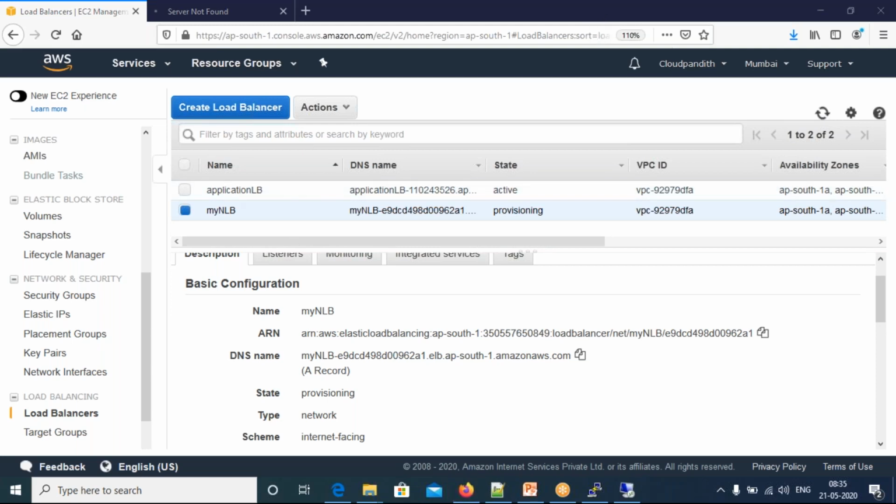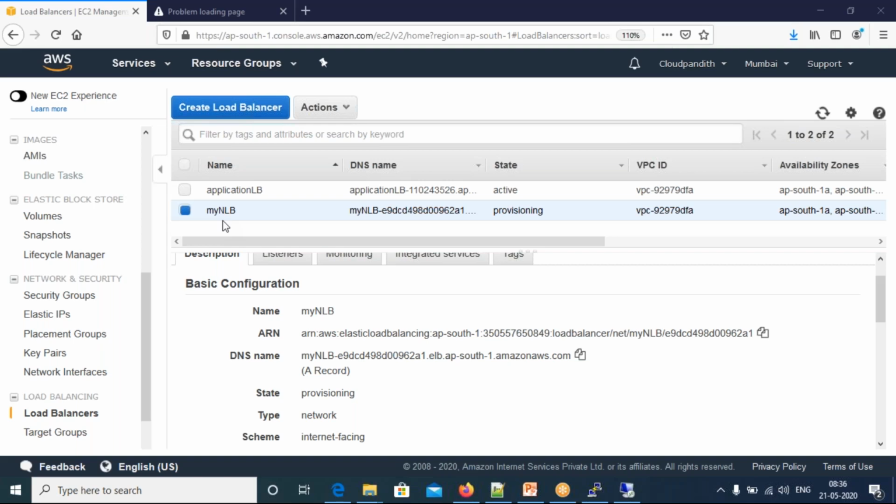You need to understand the difference between application load balancer and network load balancer. We already discussed network load balancer. Our traffic will be redirected based on the port number or IP address. But with application load balancer, our request will be forwarded based on the path in the request URL. Next, the network load balancer is not going to check whether your application is available or not. But the application load balancer will keep checking whether your application is available or not.